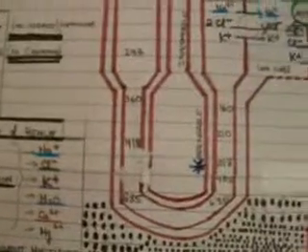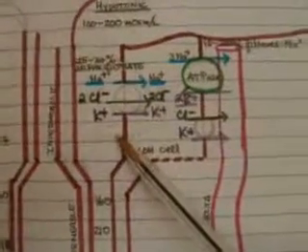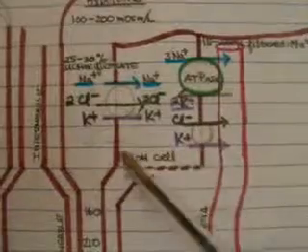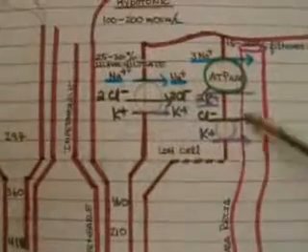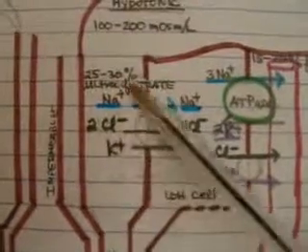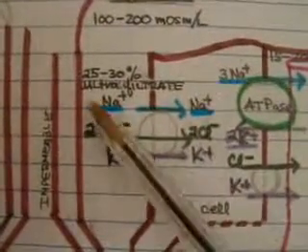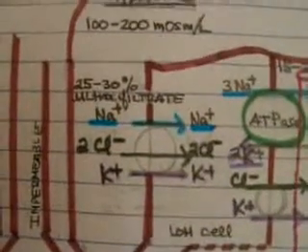So we can start off by saying that the thick ascending limb of the loop of Henle, and if we were to say that this is a loop of Henle cell within the thick portion of the ascending limb, and we were to magnify one of the cells, the first thing that we should see is the reabsorption of sodium. And approximately 25 to 30% of the total ultrafiltrate that was created by the glomerulus. So if we were to backtrack and look at the very beginning of the nephron, and we were to say that the nephron at the Bowman's capsule, the ultrafiltrate that was created from the plasma